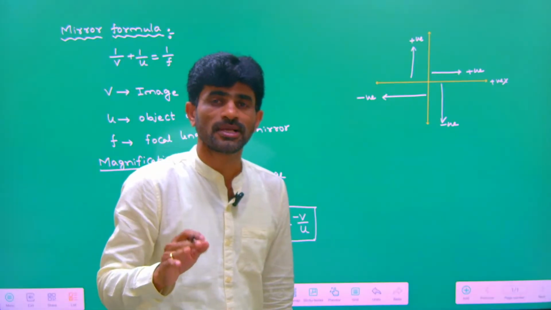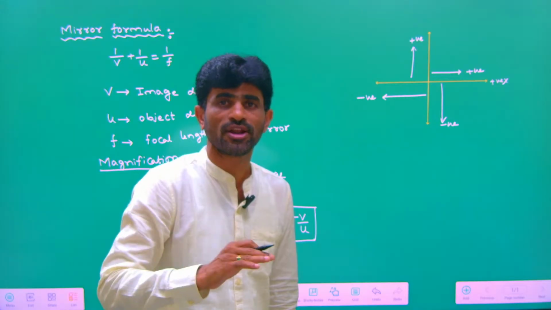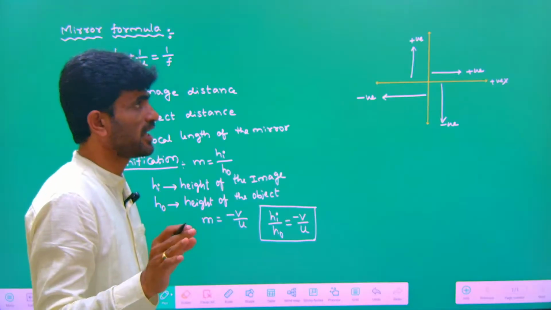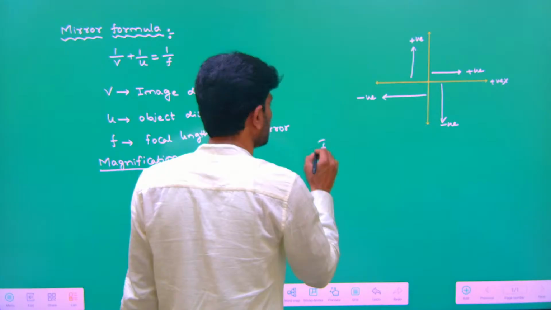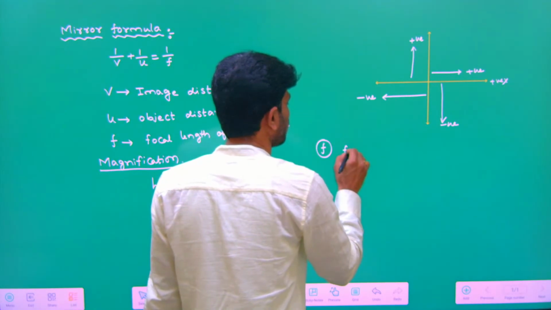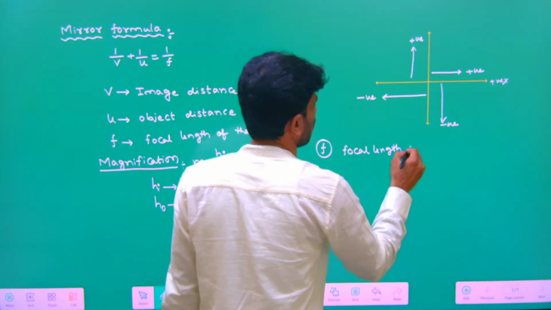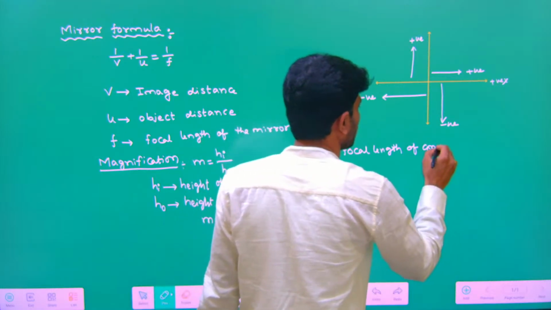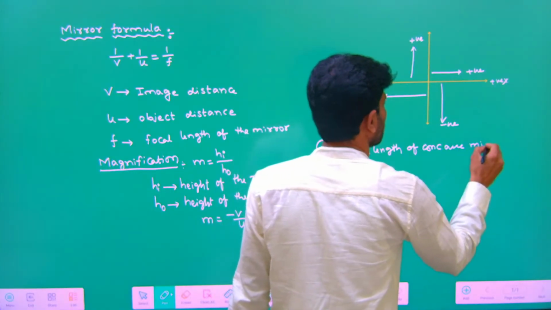But some values are fixed values. They do not depend on positions. They are always positive or always negative. Let us see what fixed signs they have. So for example, focal length is a fixed value. It will not change according to the object position or image position. Focal length of a concave mirror: suppose it is a concave mirror, focal length should be taken